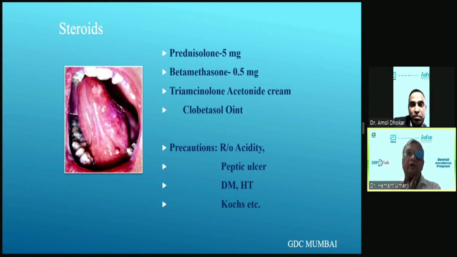What we are doing nowadays is that if the patient gives a history of acidity and diabetes mellitus, etc., we don't give it by mouth, and not by parenteral administration either. We give it not to swallow, but to swish and spit. You keep the betamethasone tablet in the mouth, saliva will form, let it touch there, and then spit out, not to swallow. If it is not swallowed, then the systemic effects are minimized. So that is why we give the steroids not to swallow, but to swish and spit. So that way we can give.